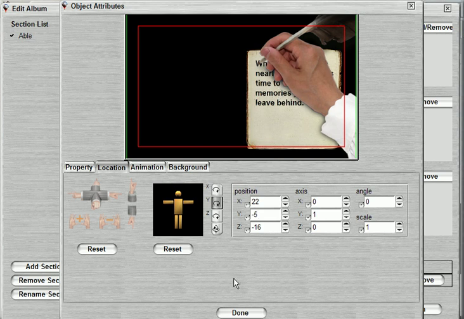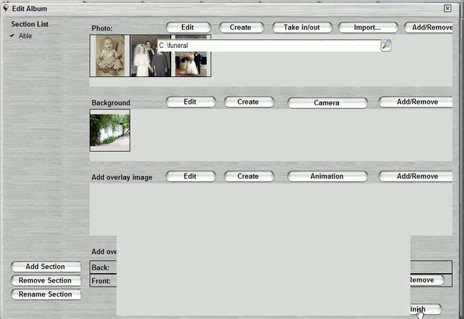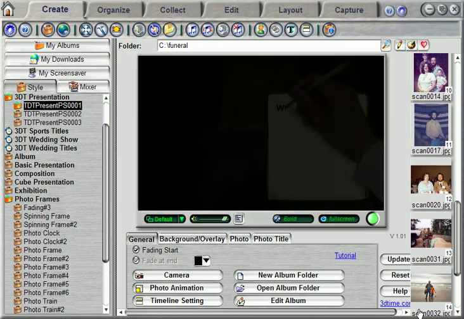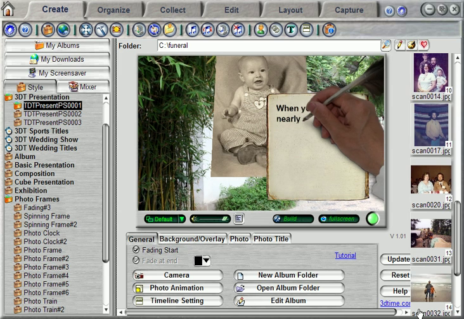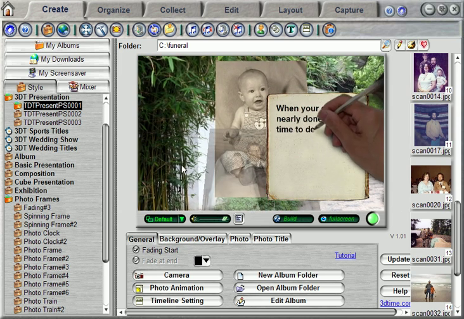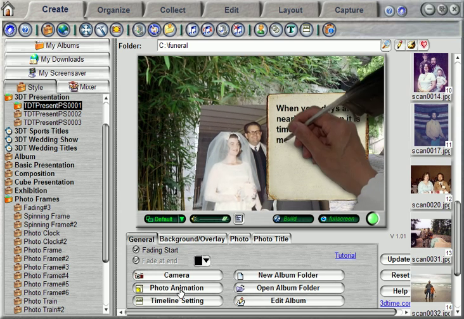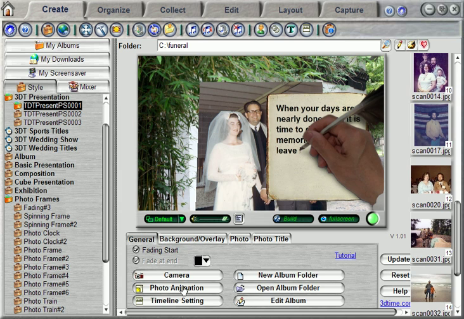So having made those adjustments, I can click the Done button. And now I can click the Finish button. We'll see our writing book appear, and on the right hand side, the next thing to do is to take the first 3 photos that are part of section A and move them over to the left. We do that by using photo animation right here in the left hand bottom area. Click on photo animation,